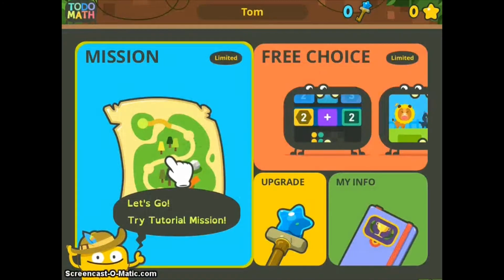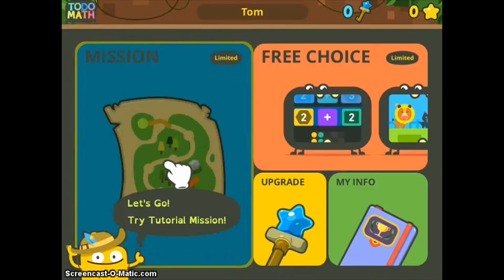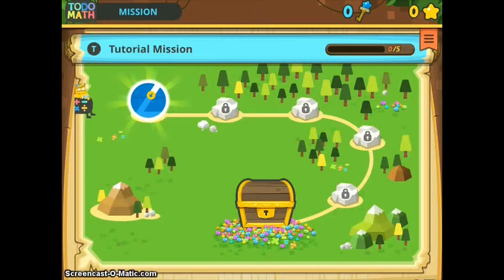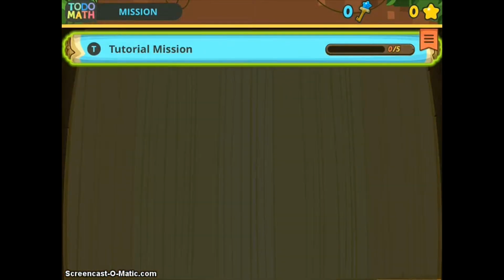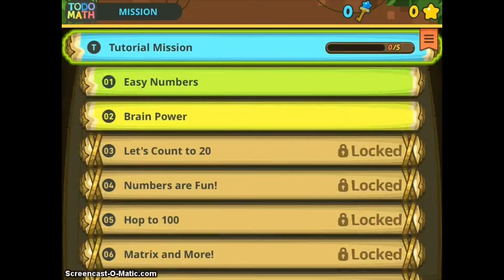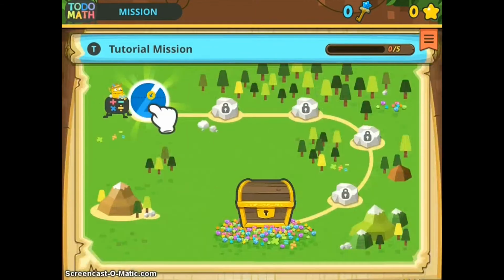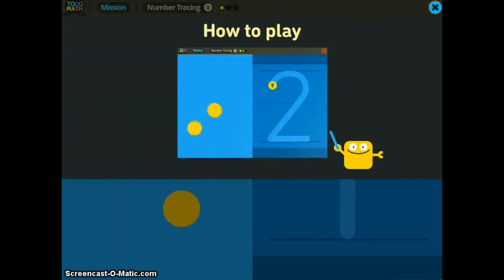Now let's look at missions. Since it's a free app, but it offers a paid option, you can see that we only have availability as of now to the first 3 missions, but this is going to be quite a bit of content. So you can see that within each mission you've got 5 different stages before you hit the treasure. This first mission is going to kind of be a tutorial of pretty much how to use ToDo